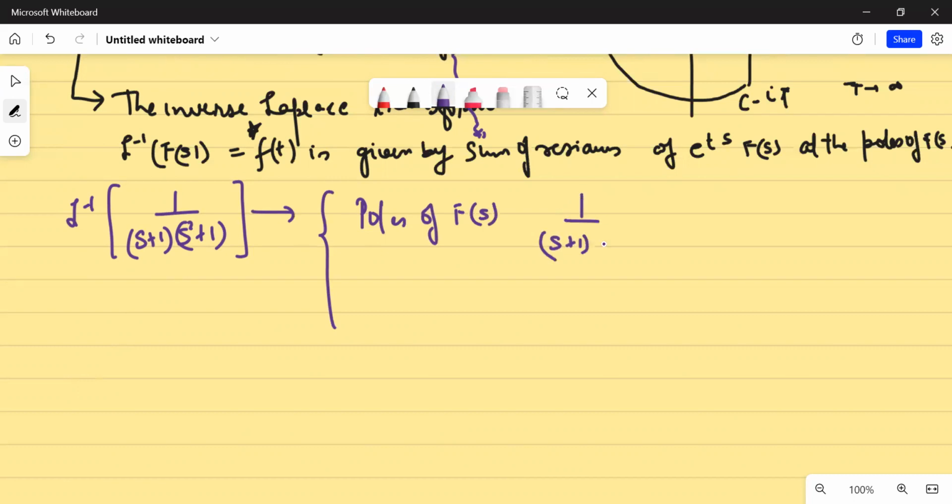F(s) is 1 upon (s plus 1)(s square plus 1). What are the poles of it? Its poles are equal to -1 and plus minus iota. Clearly, you can see that here your function will be singular. And in order to find the inverse Laplace transform of this particular function, all you need to find is the sum of residues